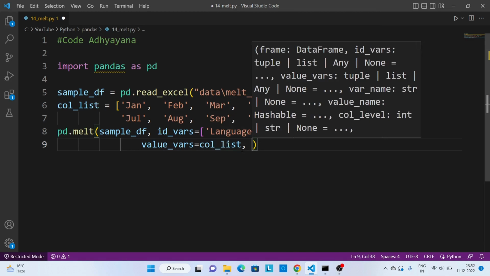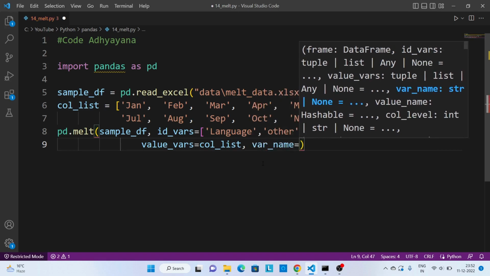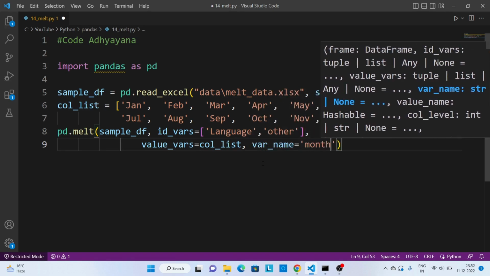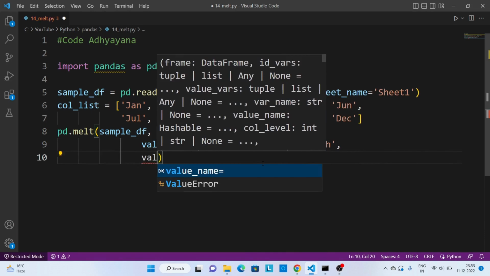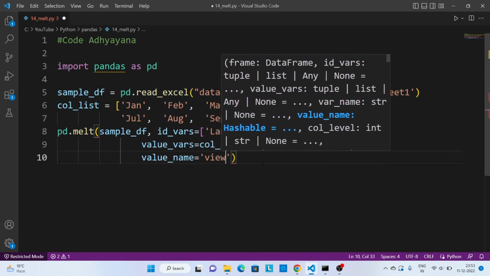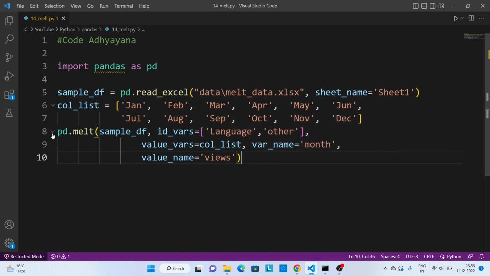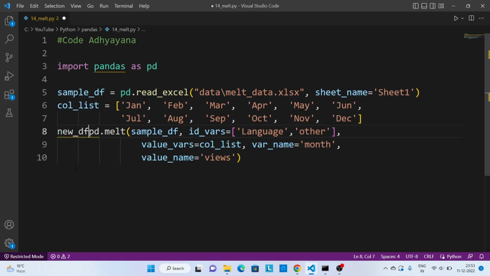Now two more parameters we can pass, that is var_name. This variable name will be month, and value_name will be views. And this new data frame, keep it as new data frame.